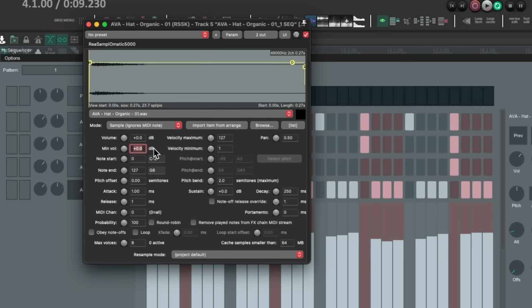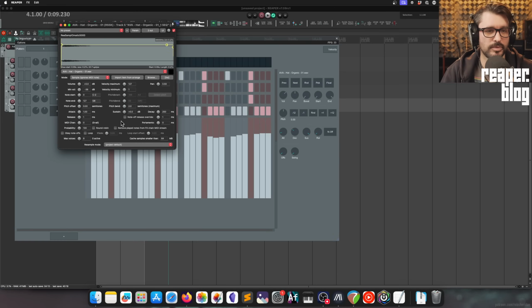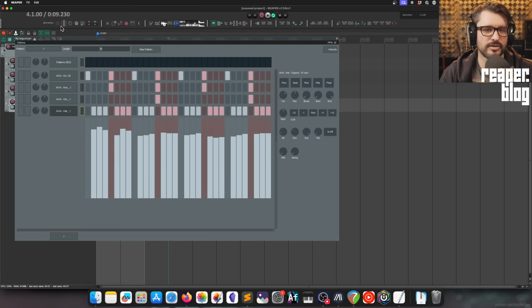To make velocity work with Resamplematic 5000, you need to have a minimum volume set. So let's say minus 36 is the minimum value. It will turn down as far as minus 36 below the original recording level, and that makes velocity work. So if I've got this, and I'll solo it,